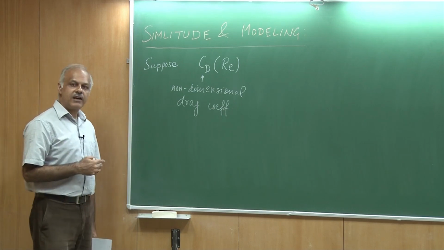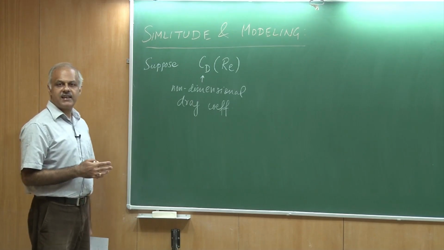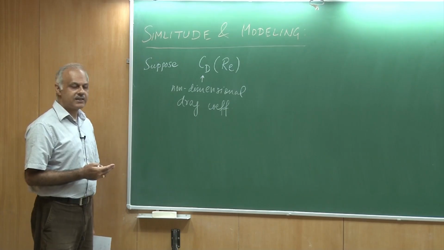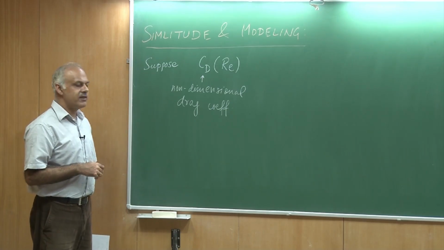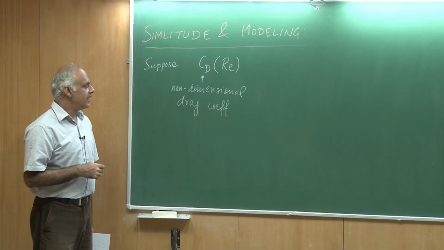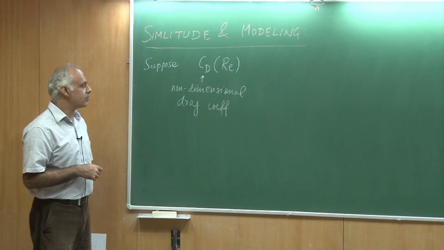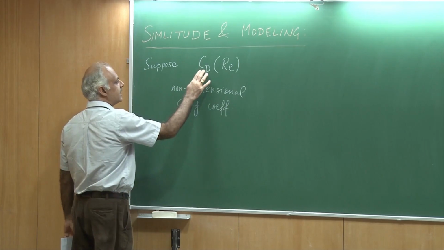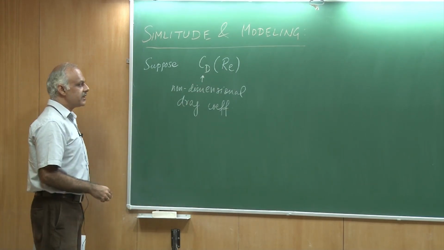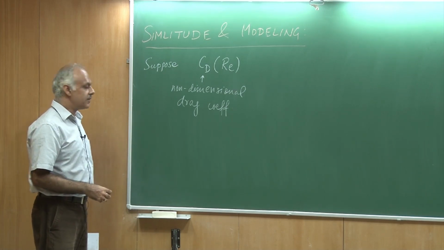We showed that drag could depend on many parameters, but suppose we took a special case where the shape of the aircraft is fixed, we are not worried about the altitude effect. So we are flying at sea level, we are not interested in the surface roughness, we have a reasonably smooth surface. There are no free surfaces, we are not interested in the effects due to gravity and so on. Then CD would depend only on RE. And then we tried to understand, using this idea, the concept of similarity.